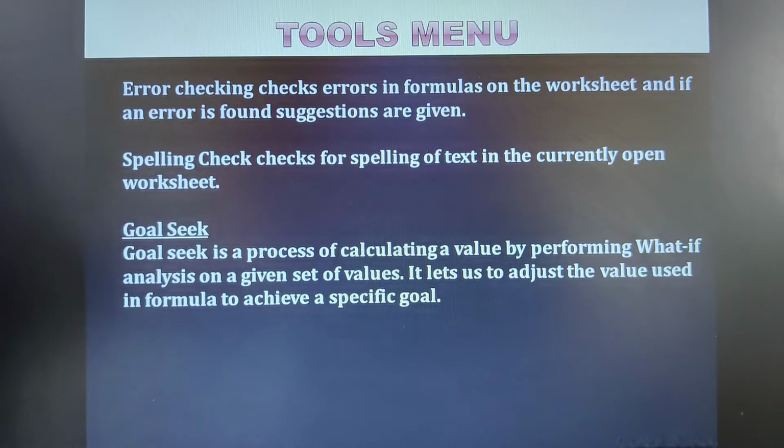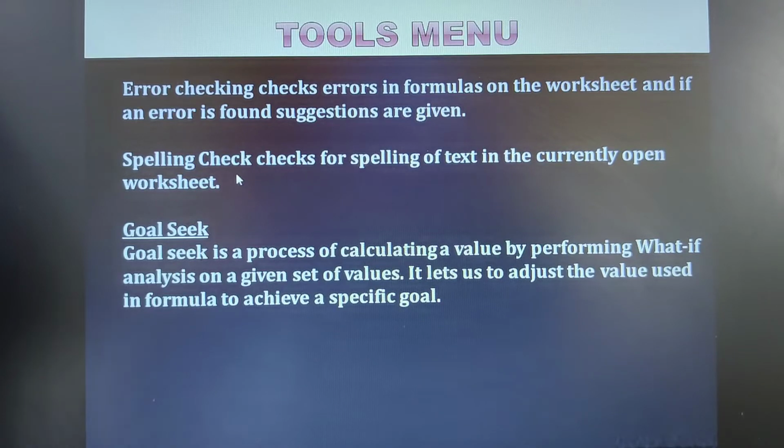Suppose I perform the sum of all those cells, the numbers I have given in different cells. But somewhere I know I got a wrong result because I might have entered some wrong value in a particular cell. So this goal seek will help you reach your desired answer by changing any one of the values in those particular cells. Practically I'll be showing you.